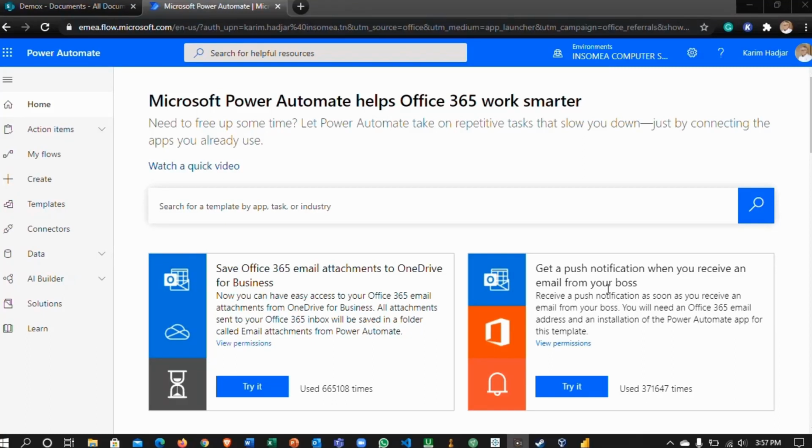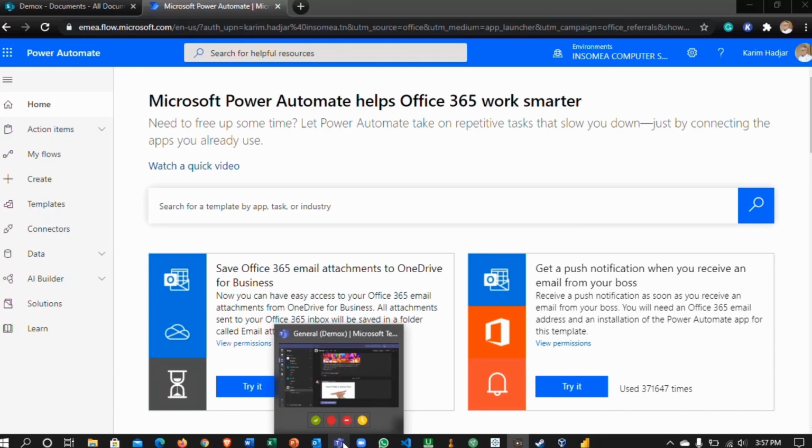For this demonstration, I'm going to create a simple document approval flow using Microsoft Power Automate and SharePoint. For this purpose, I'm going to create two channels in Teams. So let's switch to